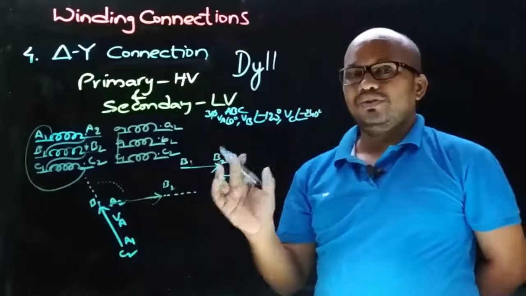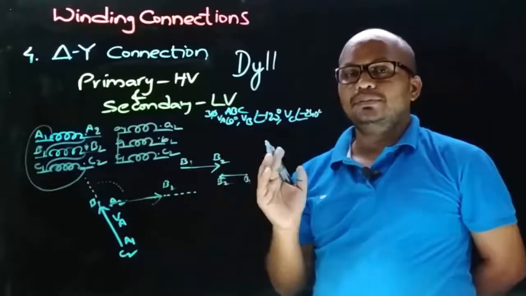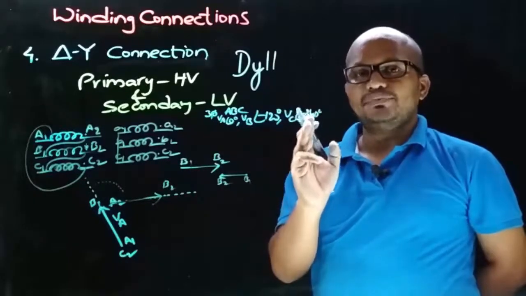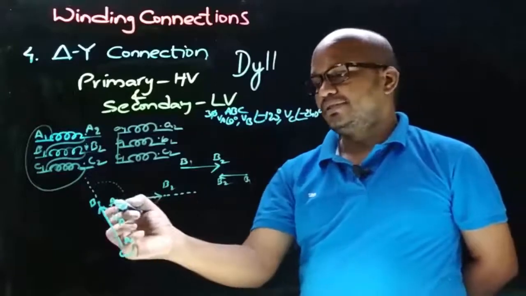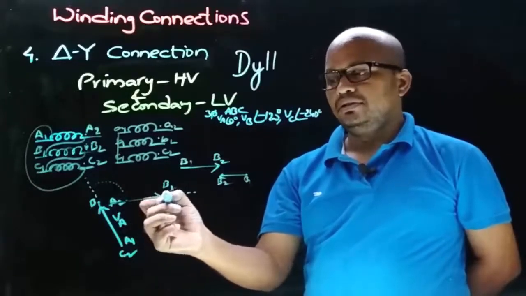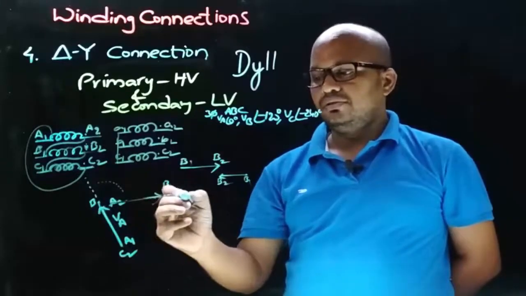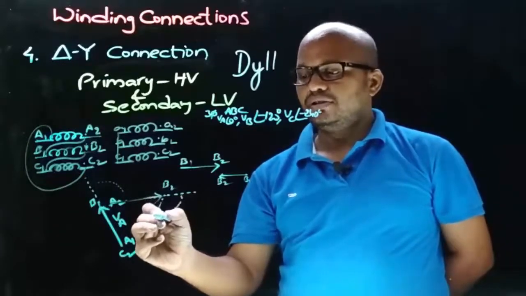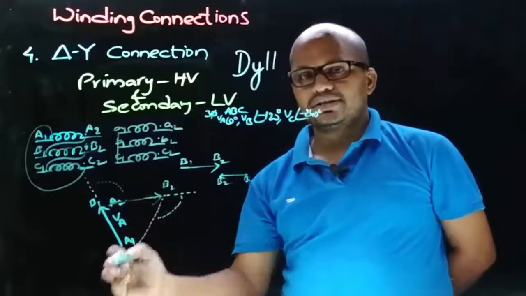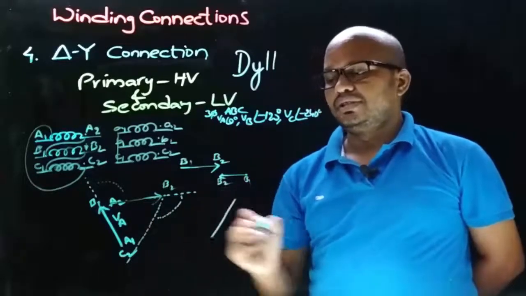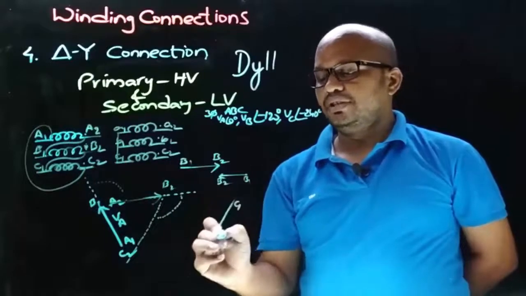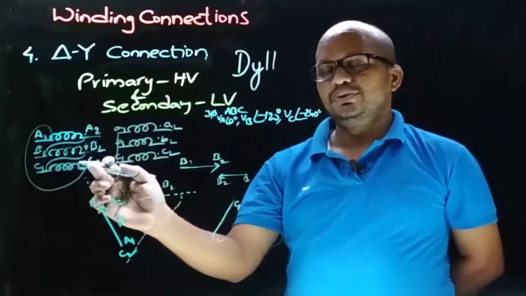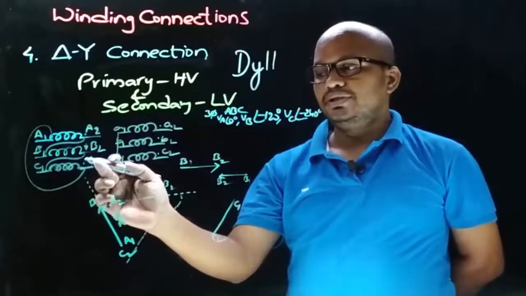This is B2. And now let's draw the primary side VC phasor, which will be at an angle of minus 240 degrees from VA, or we can take it at an angle of minus 120 degrees from VB. Therefore, as this is the VB phasor, in the clockwise direction at an angle of minus 120 degrees, let's draw VC. So VC will be in this direction like this. So let's consider VC like this, and let's give the notation C1 and C2, and observe in the primary winding connection that C2 is the terminal from which we are taking the connection. So C2 must have the arrow,